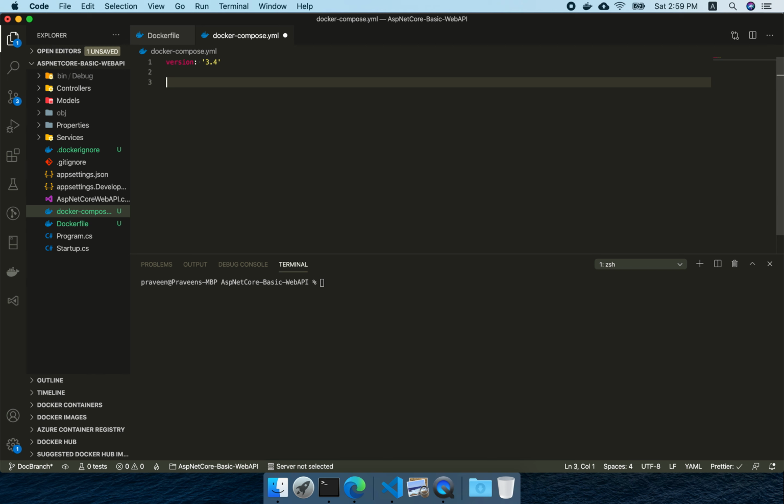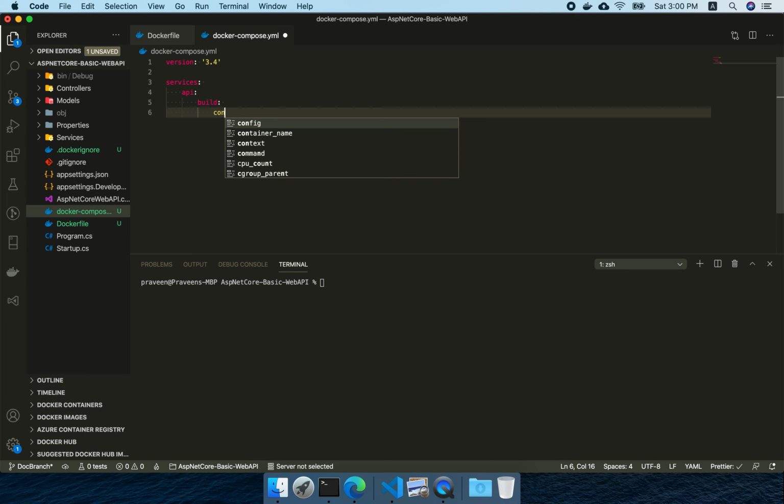Just follow it to make sure your application is up and running in docker. I'll add the further syntax. We have to give the services, and you can name your service, it will be api. And then you have to give the thing called build. Inside the build you have to give context. Mind you, if it is an older version, it will use build directly.